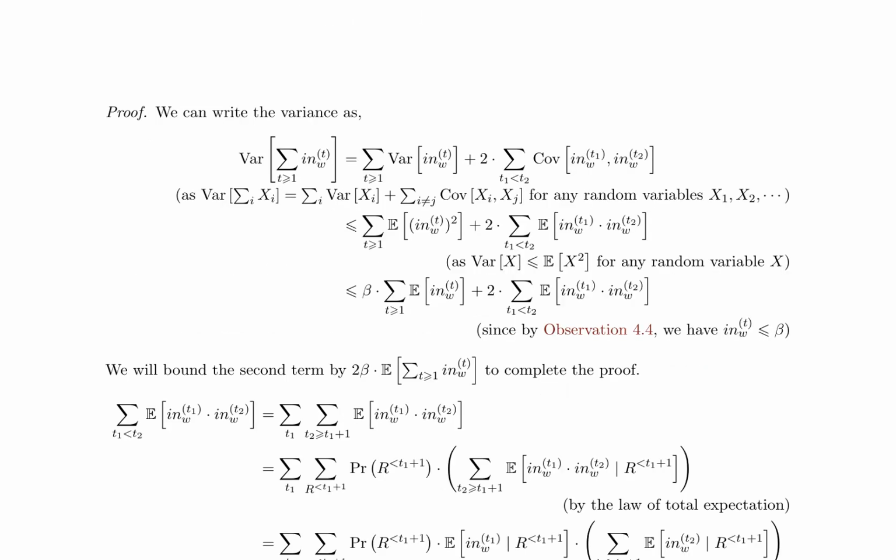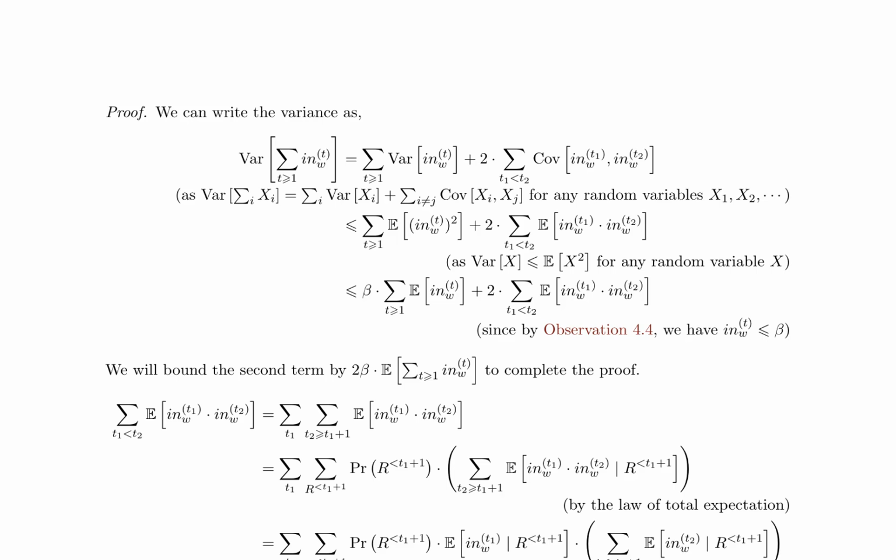It is shown that the total sum that can be assigned to vertex w across the iterations is upper bounded by beta in expectation. Furthermore, an upper bound on the expected value of in_t,w is derived, specifically the expectation of in_t,w given r less than t is less than or equal to beta times the probability of e_w,t given r less than t. This result implies that if in_t,w is expected to be large, then there is a good chance that w will be removed from G_t, and no longer receive value in subsequent iterations.